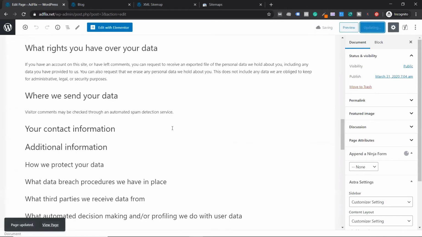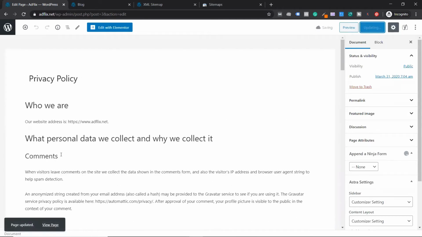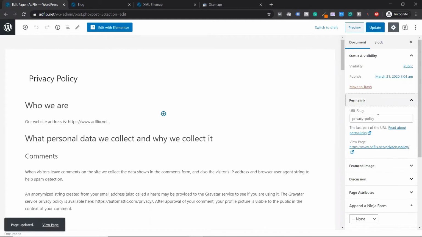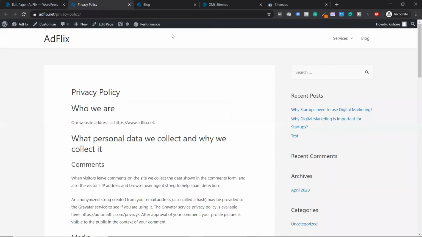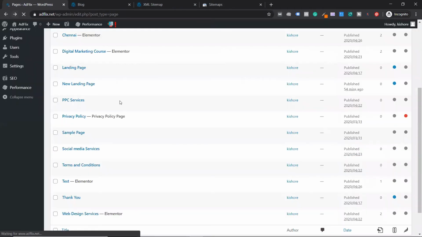So Googlebot will not crawl this page, but people can still access this URL. People who have this permalink, people who know this URL, or if it's in your menus, people can access it, but Googlebot is not going to crawl it. Okay, this is the aspect of using robots. So you can do it for any page for that matter, not only this page.